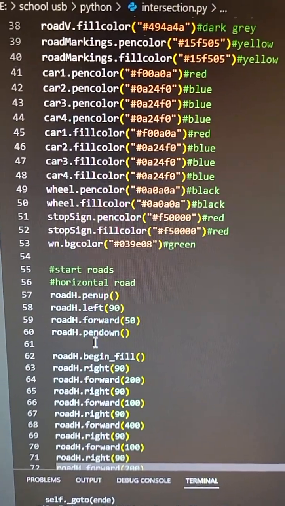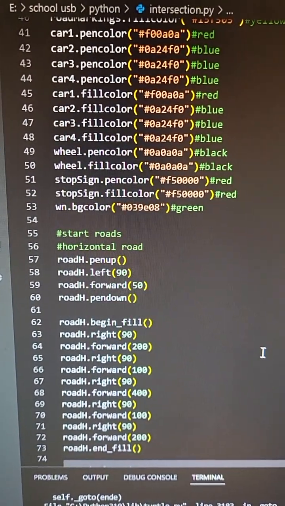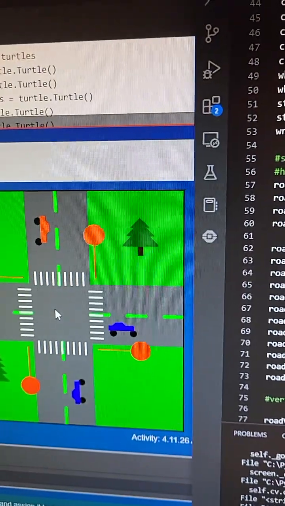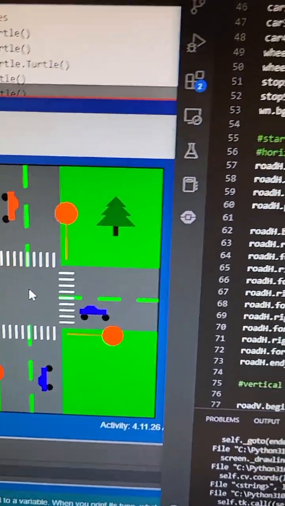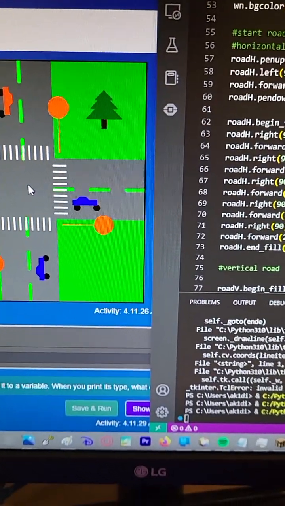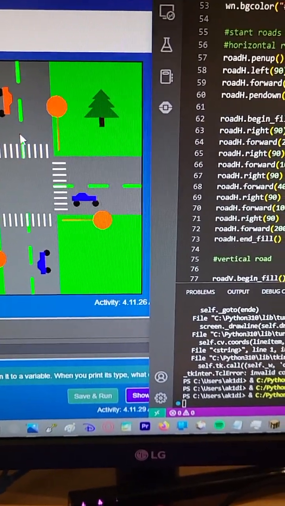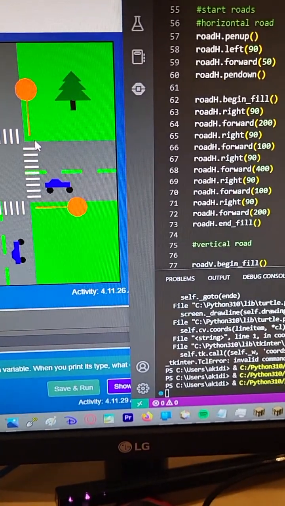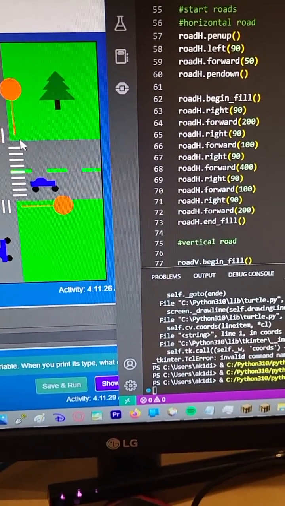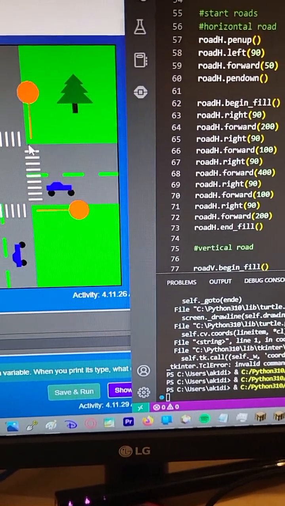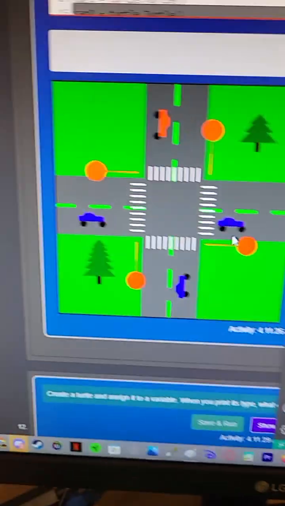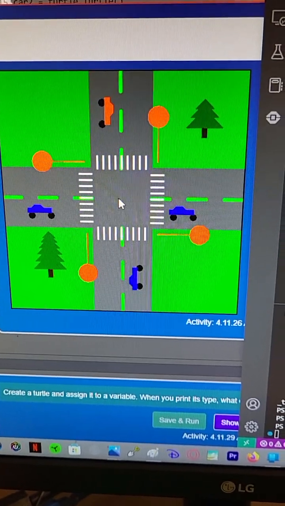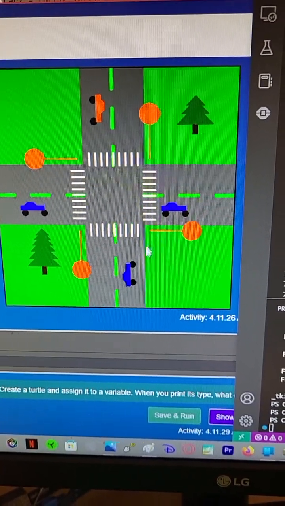And here we're going to start drawing the roads. So we want the pen to be up so we can move it into position. So it starts at 0, 0 facing east, or to the right. So we turn it 90 degrees left, so it goes up here, and then over 50. And then we put it down and start here at this point. And we go down, over, around, and up, back here. And then for the vertical one, we go like this, down,